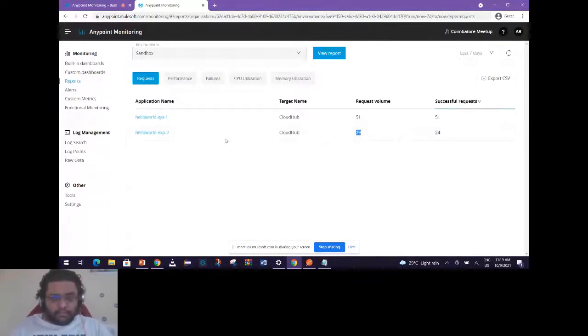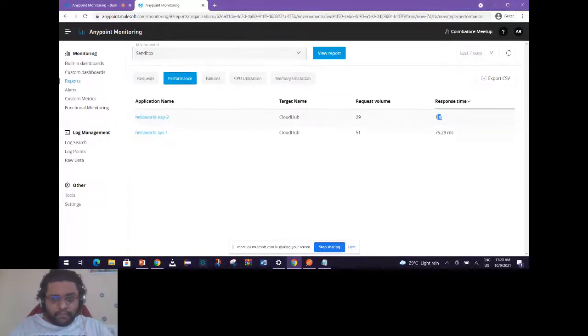Now to analyze this, you can dig further down into the monitoring and see what failed and what caused the issues. The next tab is the performance tab. This is much more related to how your API or application is functioning. For example, the experience API that you can see over here: the request volume again is the number of requests that you have received, and this is the average response time. The average response time for these 29 requests is around 1 second, which is quite high.